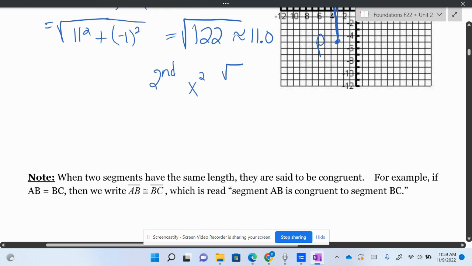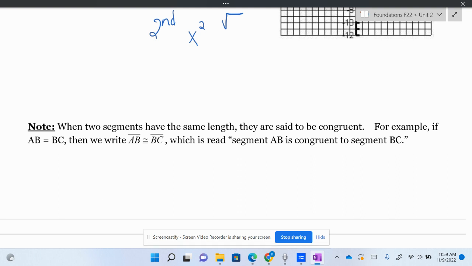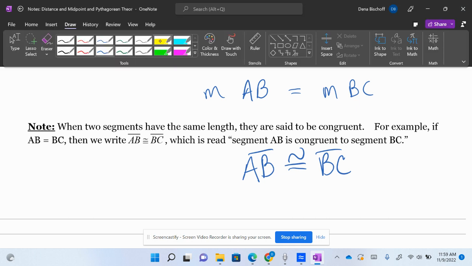Okay. Listen. When two segments have the same length, they're congruent. So the way that we say two segments are congruent, like if the measure of segment AB equals the measure of segment BC, we say that segment AB is congruent to segment BC. Now, you guys aren't going to use that at all, but I want you to know what this means